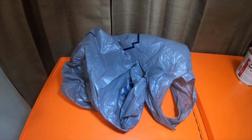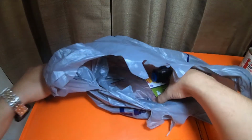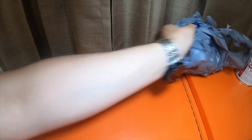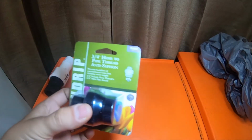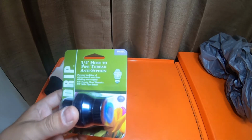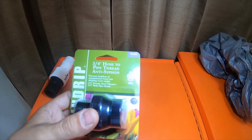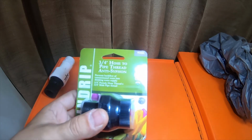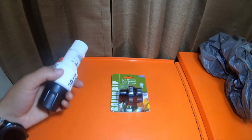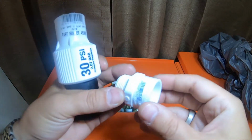Alright everybody, so I picked up from Lowe's. It seems like Lowe's is the only one that carries them. I picked up this 3/4 hose to pipe thread anti-siphon. Prevents backflow and contaminated water into drinking water supply. 3/4 female hose thread by 3/4 male pipe thread. And then I also picked up this guy right here, which is